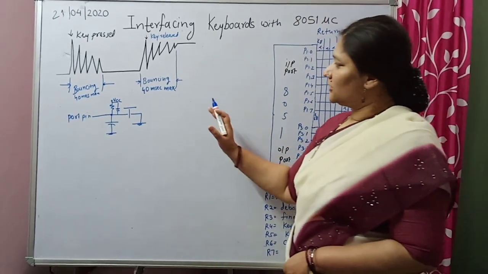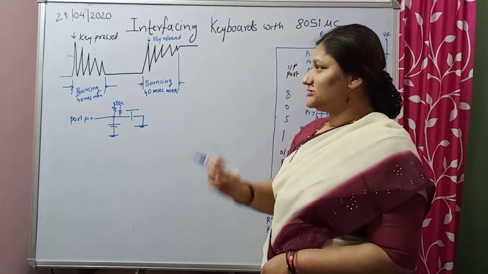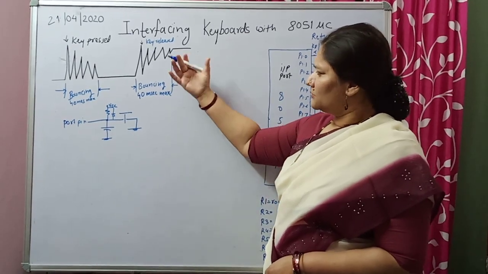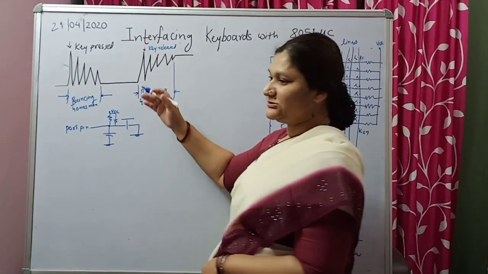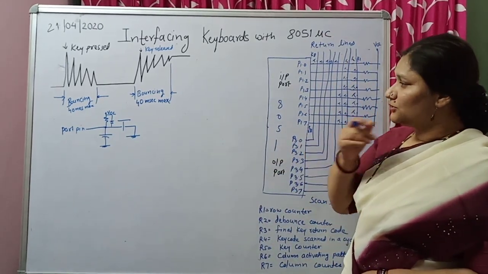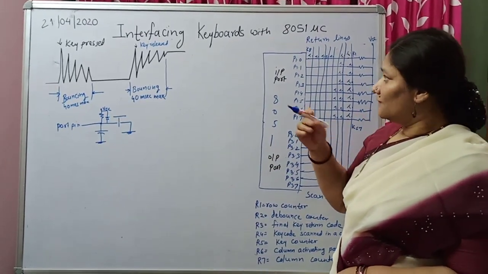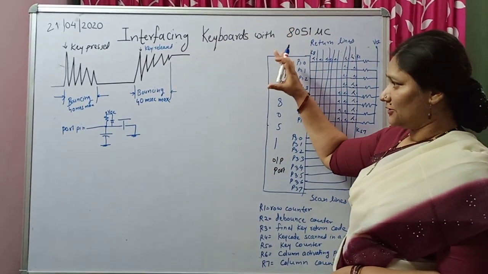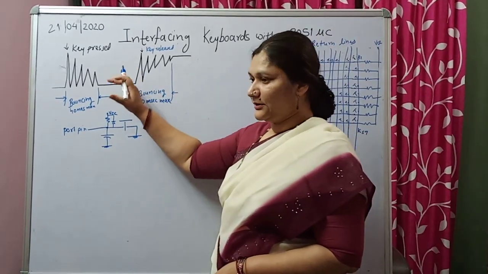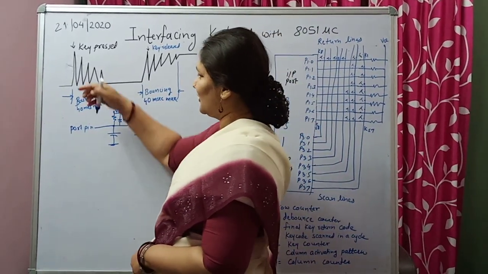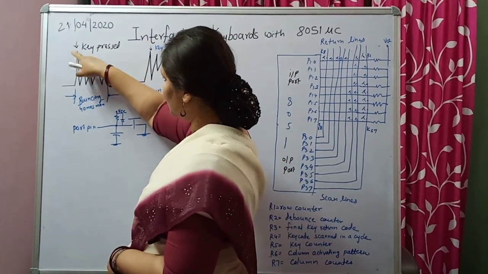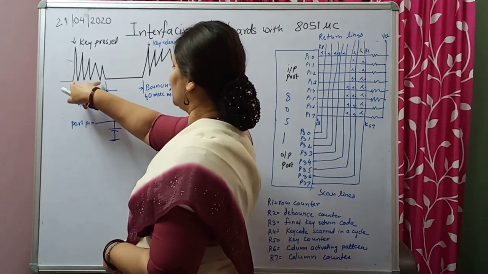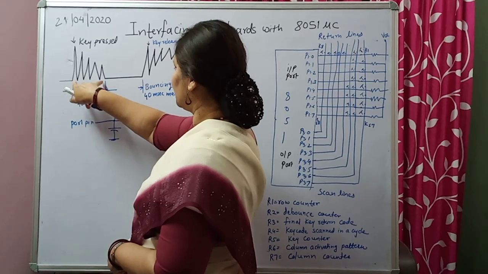You all must be aware that there are different types of keys like tactile keys, membrane keys, mechanical keys, push button type keys. You press the keys and then you release the keys. When we have to interface the keys with the 8051 microcontroller, and if it is a mechanical key, then we have to take care that when we press the key, it takes some time to get debounced, and this debounce time is a maximum of 40 milliseconds.